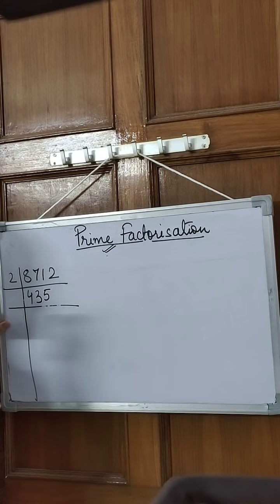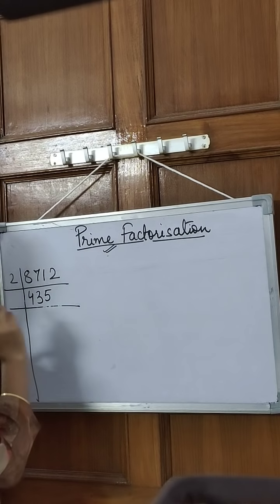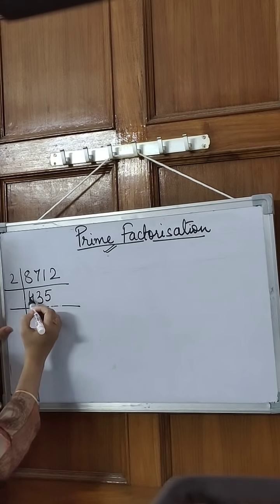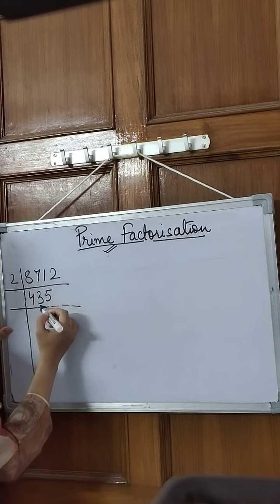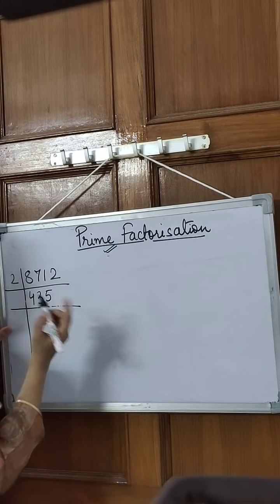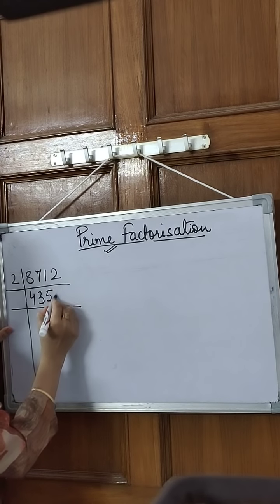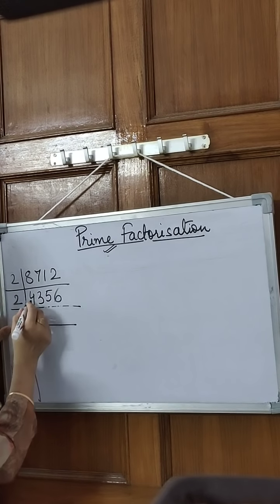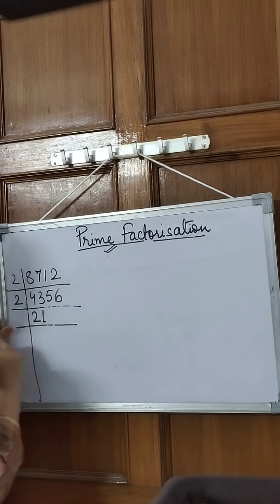Try and do these questions orally as well, division by 2 by doing it orally. So what I have done: 2 4s are 8, then 2 3s are 6, so 3. So 1 will be left here. This is 7, so this 1 will become 11. So 2 5s are 10. So this 2 will become 12. And then 6. Now again by 2. So 2 2s are 4, 2 1s are 2.